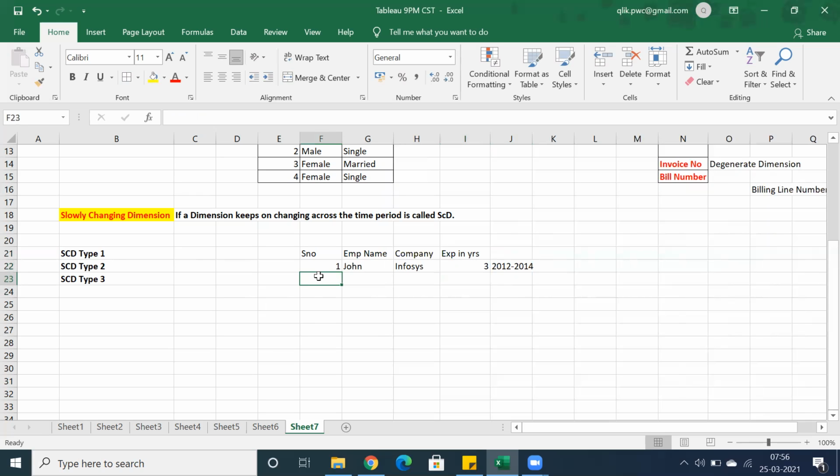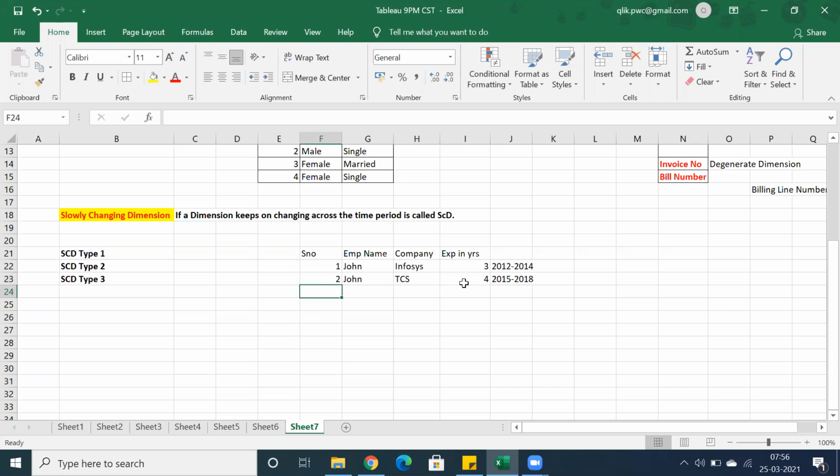Let's say the second record: John got an opportunity with, let's say, TCS, and worked from 2015 to 2018, 4 years of data: 15, 16, 17, and 18.